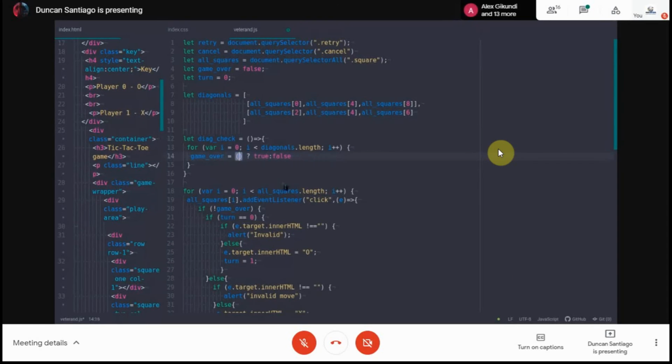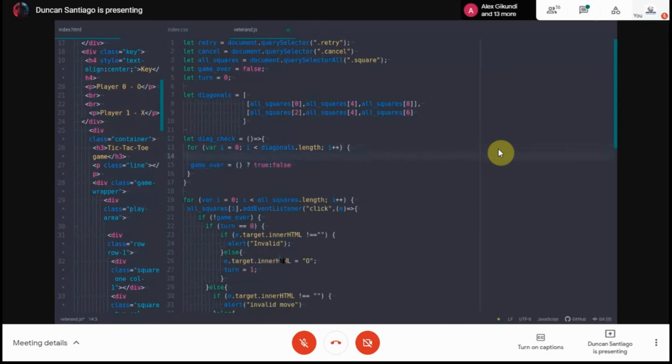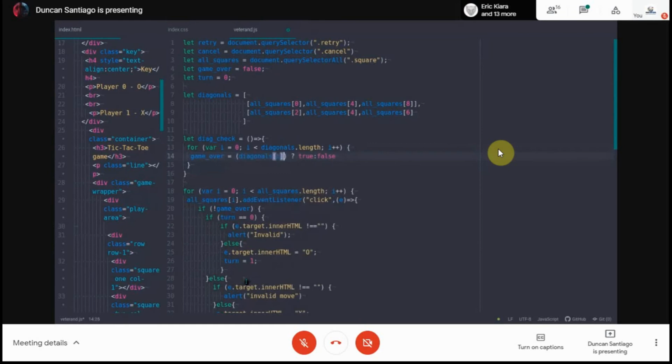There's something I need to define here first before I proceed any further. I'm gonna say current player is equal to the turn variable. We can continue. So this is the first row, the first index. I'm going to specify index 0. This is an array, so I'm specifying index 0, so index 0 dot inner HTML. I am asking it to check whether inner HTML of index 0 is equivalent to